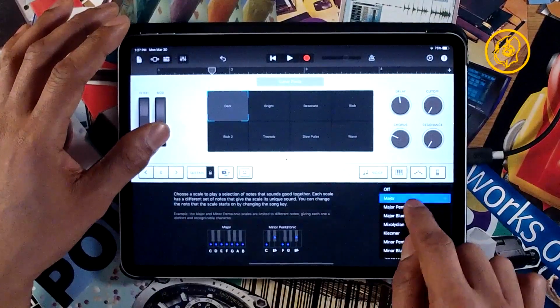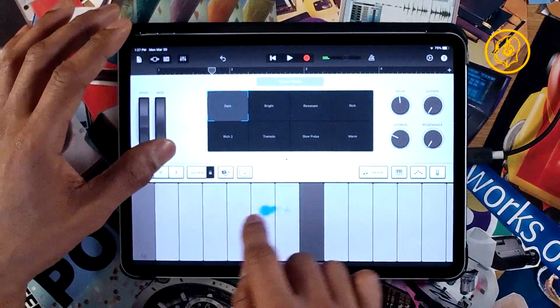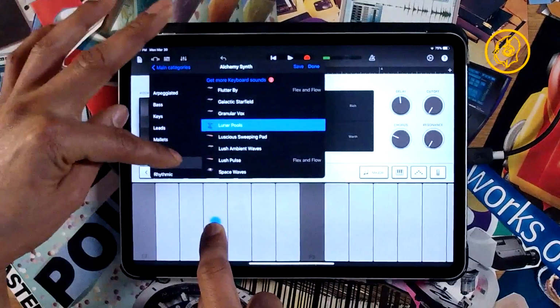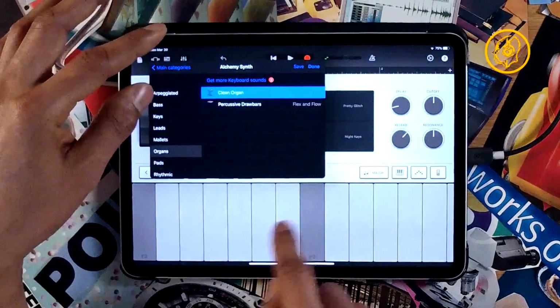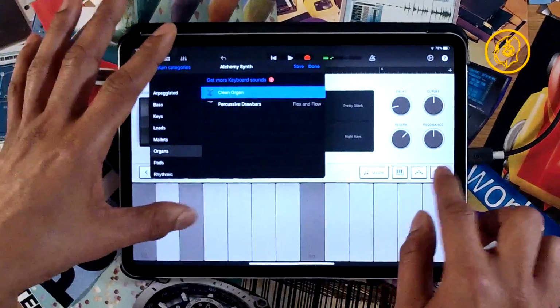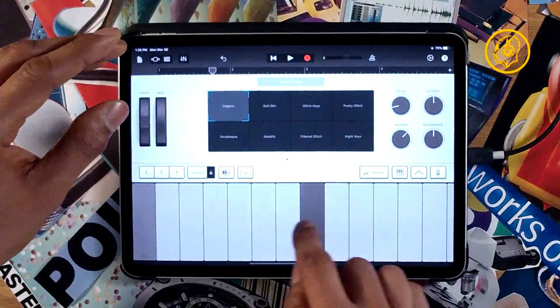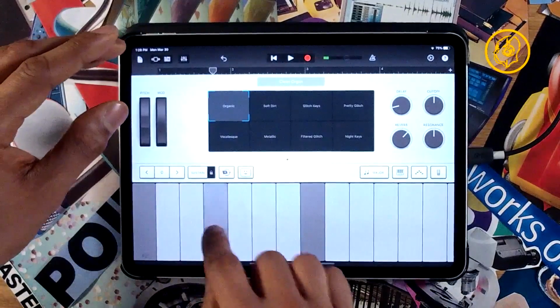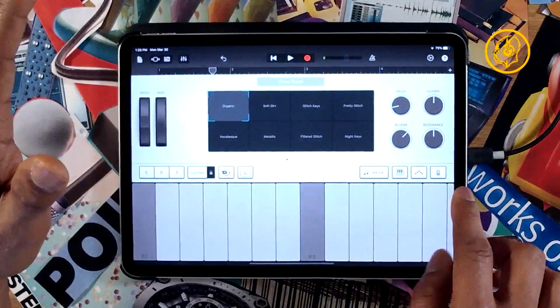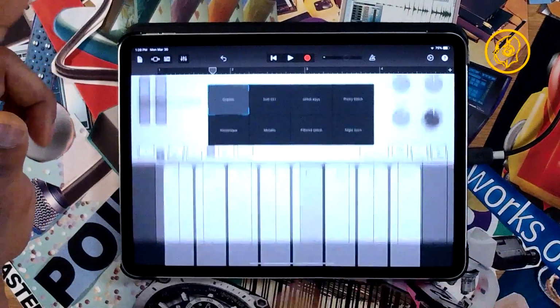Let's go with the, no. Remember, everything we play is in key. If we want to play chords, chord.